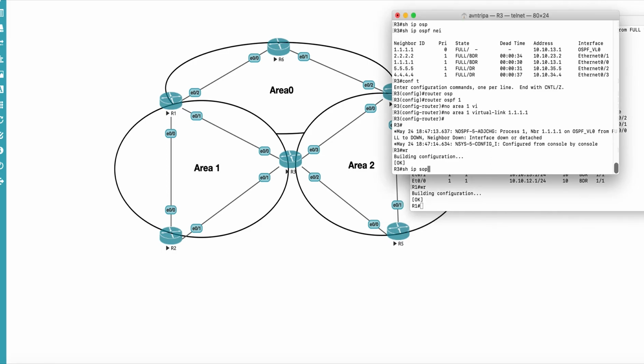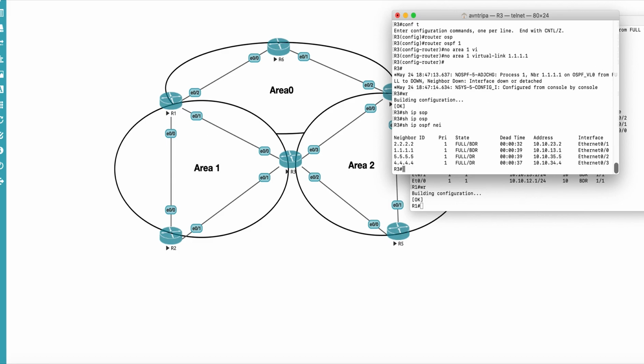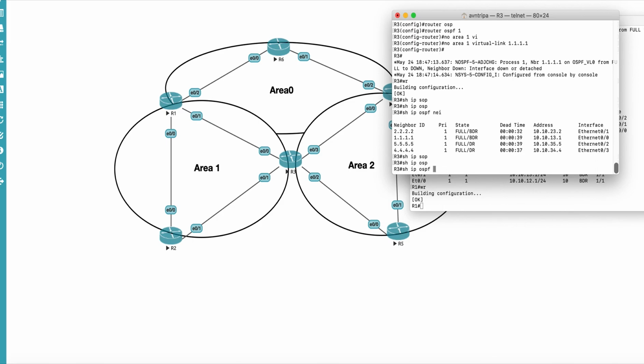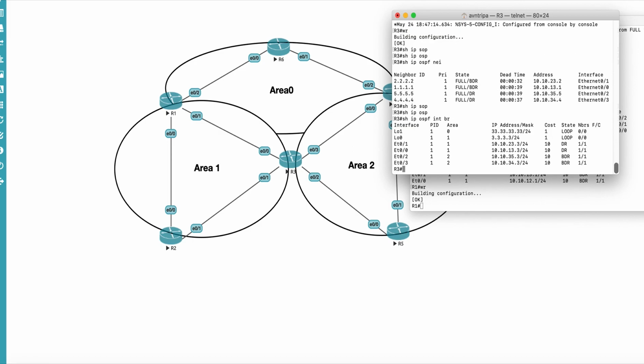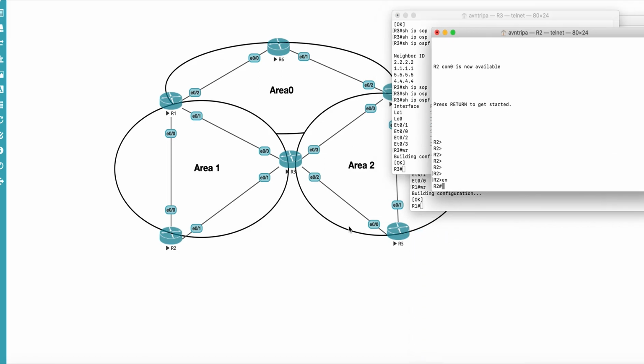Show IP OSPF neighbor. No virtual link, right? And show IP OSPF interface brief. You can see there is no virtual link now, right?